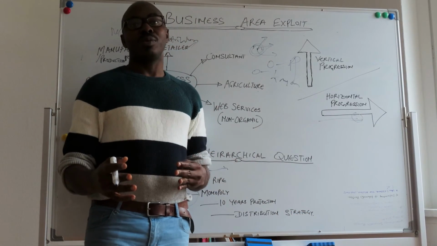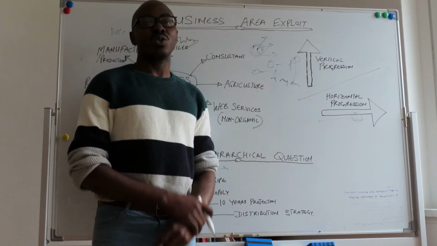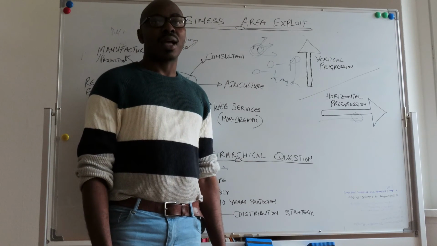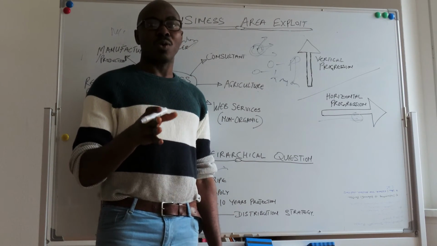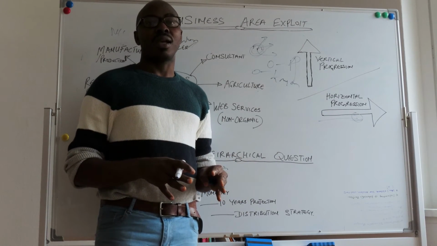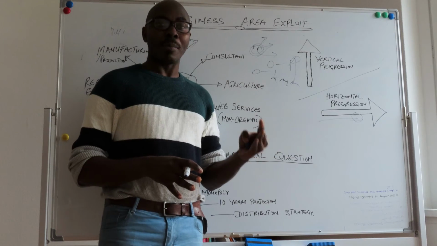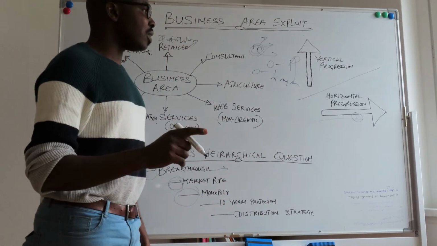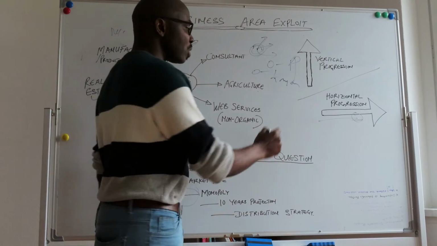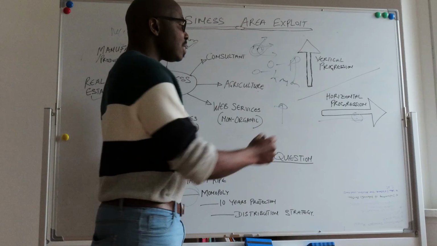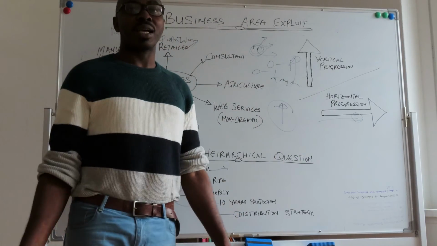And if it's part of your objective, then you have to work towards it. And that's what makes Amazon stand out. Amazon works towards dominating the online market space, and in order for Amazon to be able to achieve that, there's something that happens to be its major focus, and that has to do with customer satisfaction. Its objective is to ensure that it satisfies the customers in every aspect.